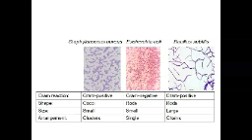Here are some examples of gram positive and gram negative bacteria. Staphylococcus aureus is a cocci shaped bacteria. It is gram positive, small in size, and appears in clusters. Escherichia coli, the second one, is gram negative and rod shaped. These are short rods, small in size, and appear singly. The third one is Bacillus subtilis. It is a gram positive rod shaped bacteria. These are larger rods and sometimes appear in chains.